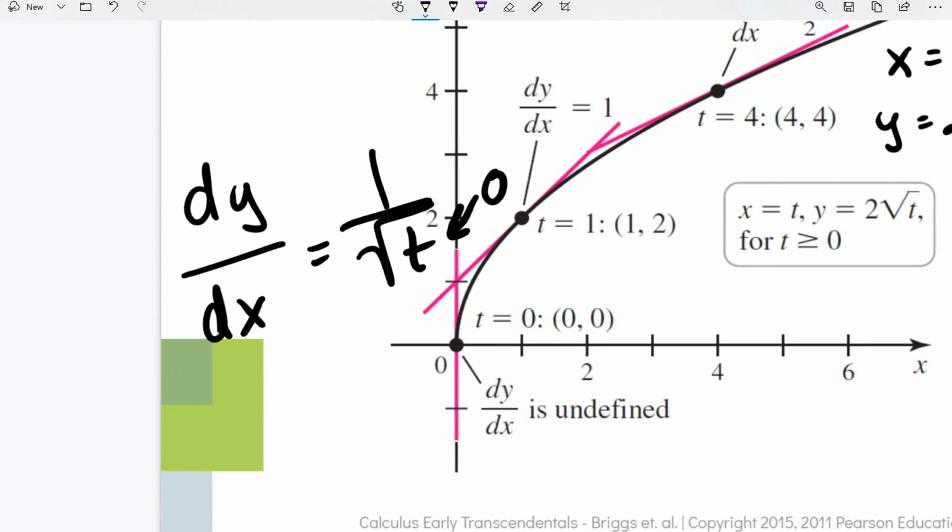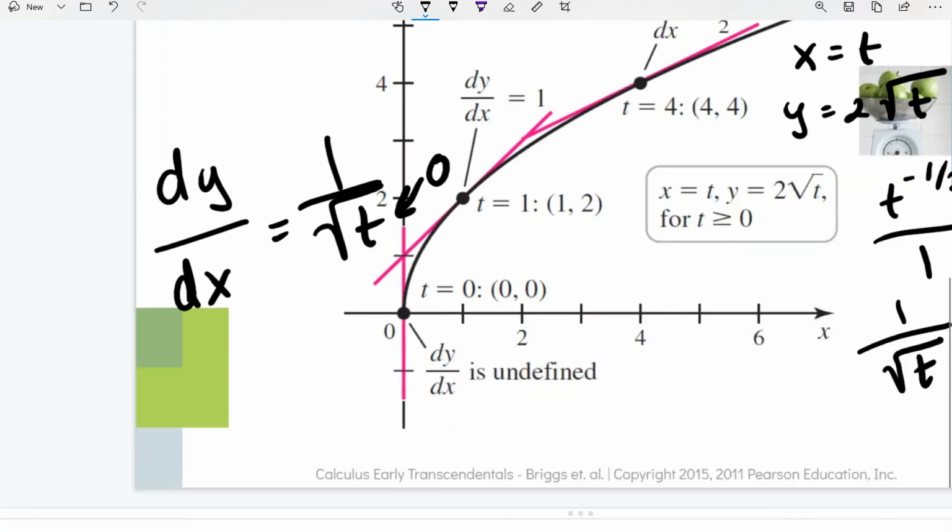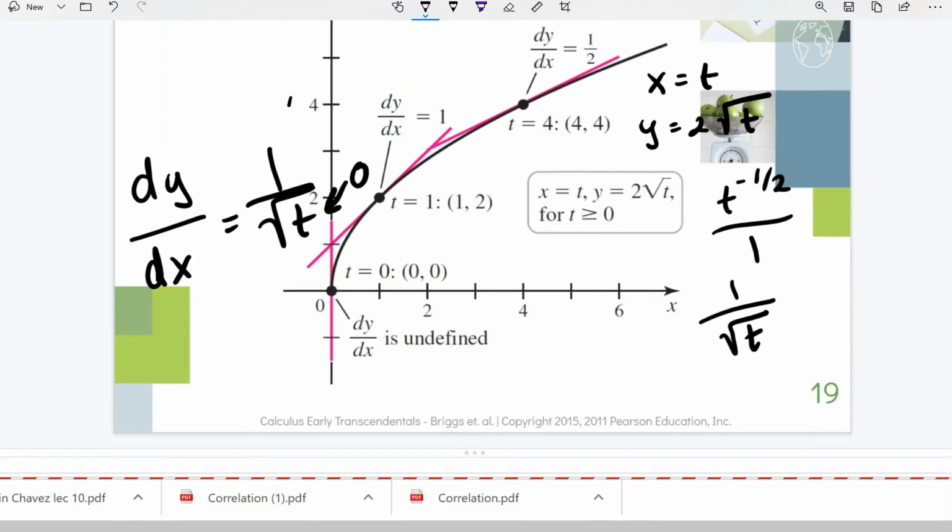Anywhere this guy is 0 is going to give us a hard time, and we can see that as this curve approaches 0, we're going to get a straight up and down line. So as we expected, at 0, we have an undefined slope. And that's really what we're trying to get out of these, is if the numerator is 0 and the denominator is not 0,